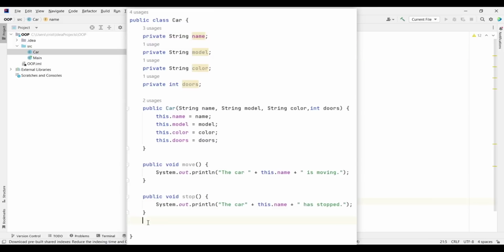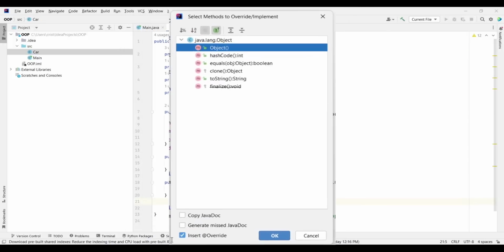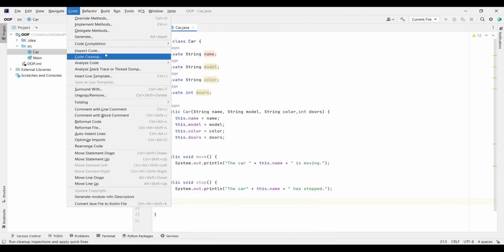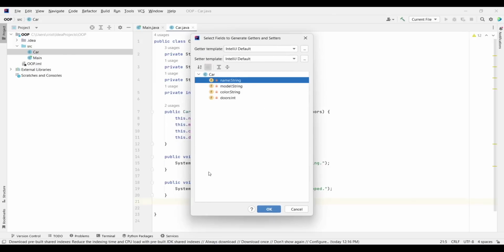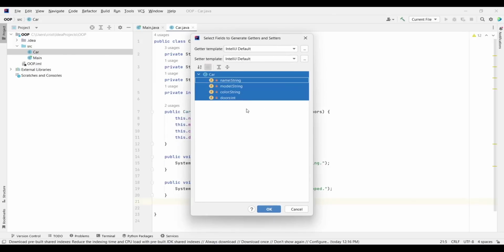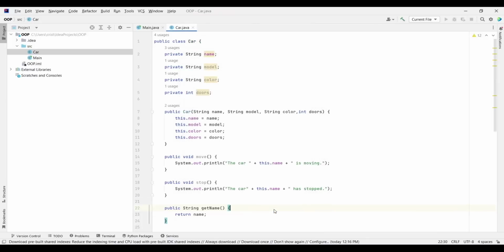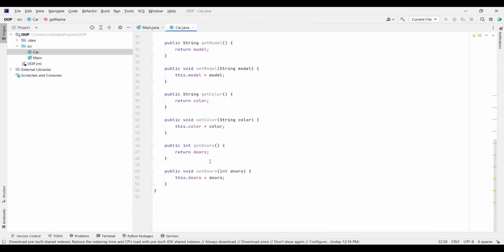But if you generate getters and setters, so let's go to code and generate. Actually, let's go to generate. Alt Insert is the shortcut, and we choose getter and setter, and we choose getters and setters for all of our fields. And if you click on OK, now we generated all this code.